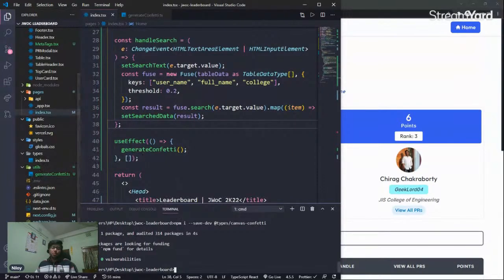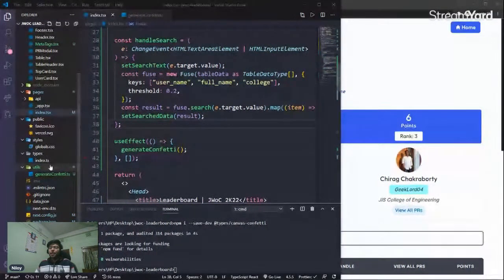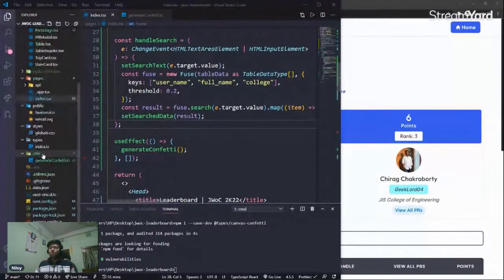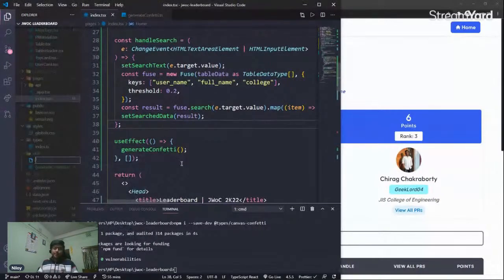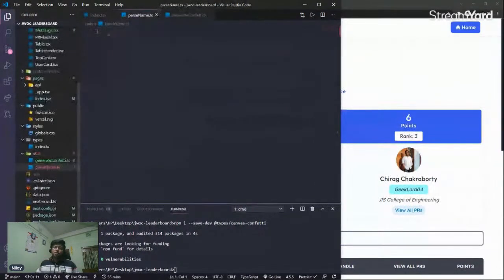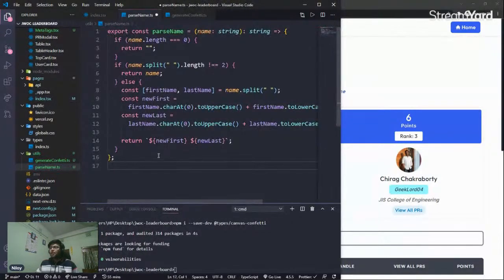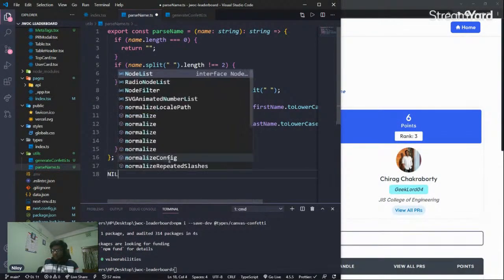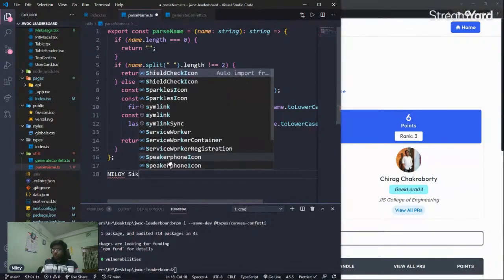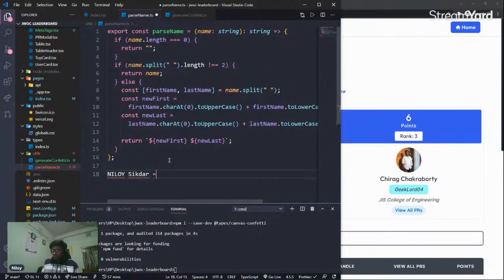That means we also need the thing which I have written before. That means parse name, because for some usernames the parse name.ps. So what I am going to do is create one utility function which will parse the name. That means if someone's name is written like Niloy and then Siddhar, it will convert that into some kind of nice looking